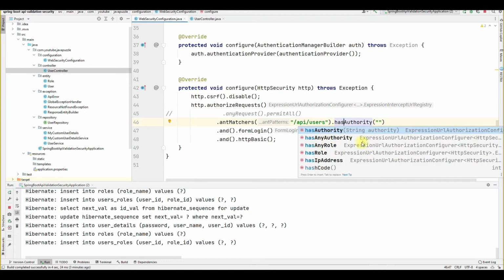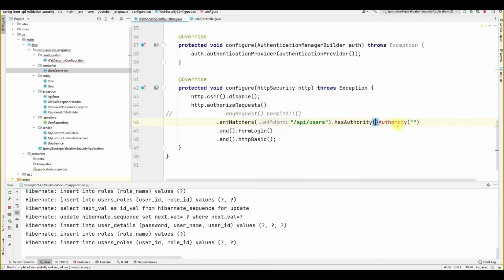And same like in hasAnyAuthority or hasAnyRole. If we want to pass multiple roles for that particular API, we will use hasAnyAuthority or hasAnyRole if we have multiple for that particular REST API. In this case currently we are just going to provide only one user.